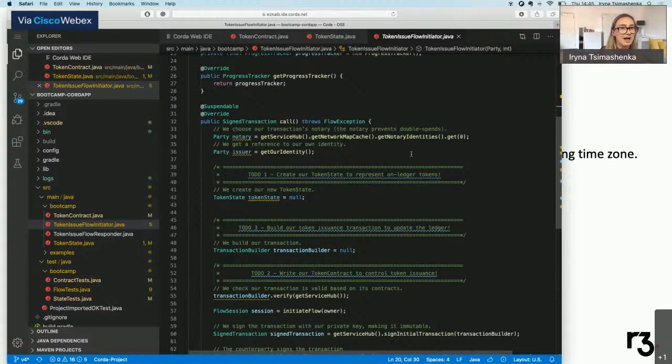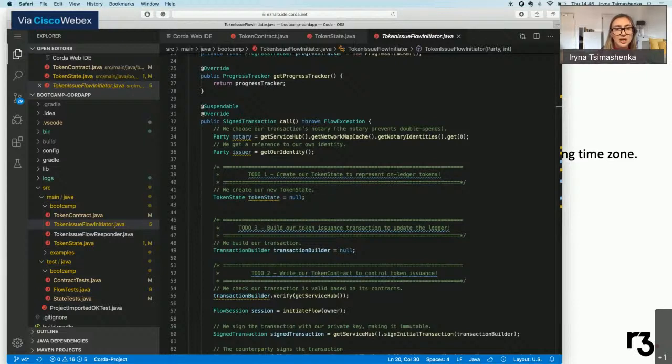It only sees a hash of each transaction and the index of the state being consumed, the inputs of the transaction. So no other data that comes from inputs or the transaction is seen by a notary. The notary checks all those IDs against its record list. It tries to answer the question: has that input ever been seen before? Did the party already spend